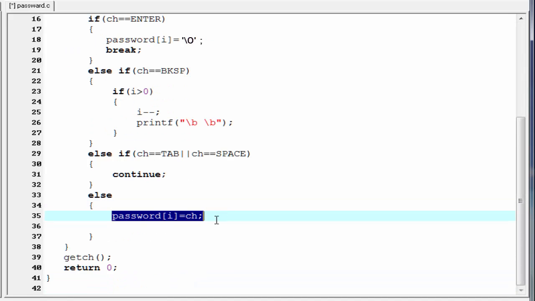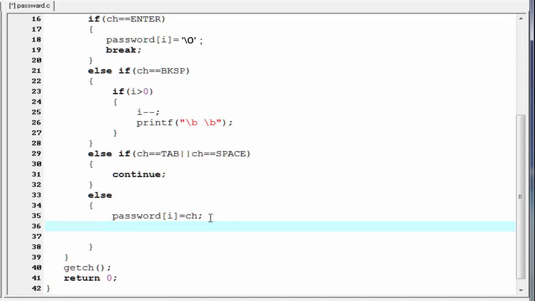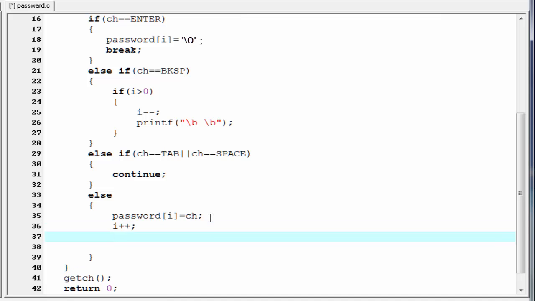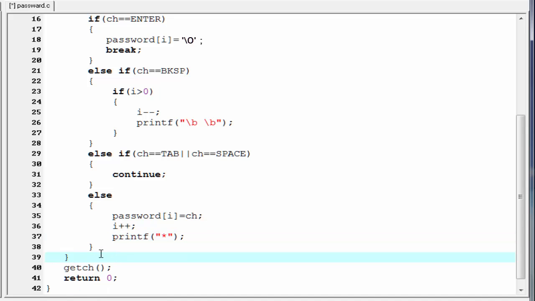So this statement will store the value specified by the variable ch at index I. Next we need to increment the index by 1, that is I++. Next thing is, here we display the star instead of the character that the user entered. For that I am going to write here printf star. While loop is ended here.